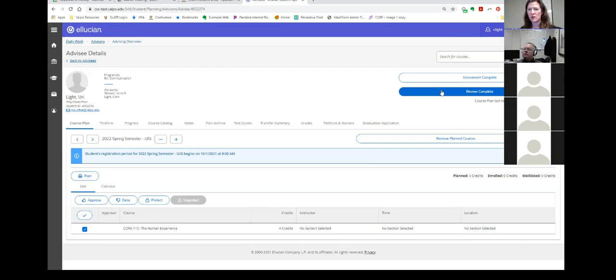And that could be for one semester, or that could be after they've gone in and built out their entire 4 years and they've said, I'd like you to take a look at this. Does this make sense? Does this work? And you would click review complete. What that does, it lets the student know that you reviewed it and you've said okay, or you've made other notes. That's also where the compose notes feature would be really handy, and that would be the appropriate use for that if it's a note about their advising and their plan in general.